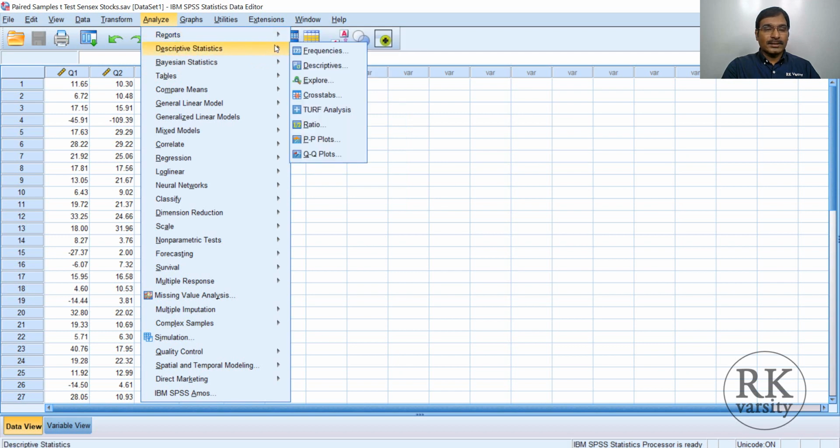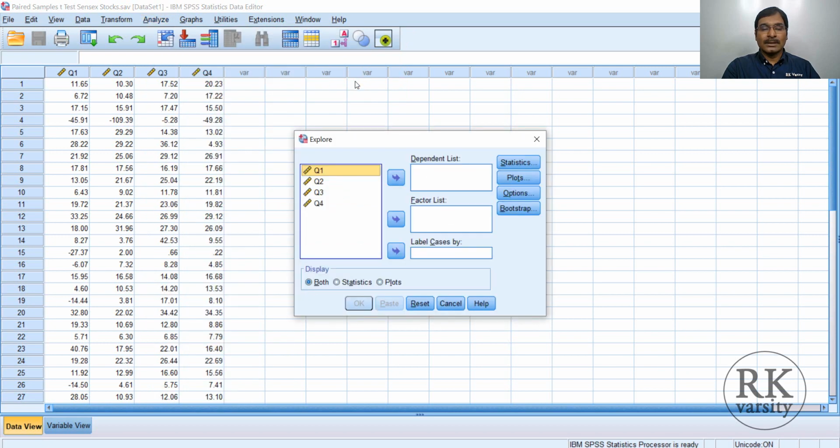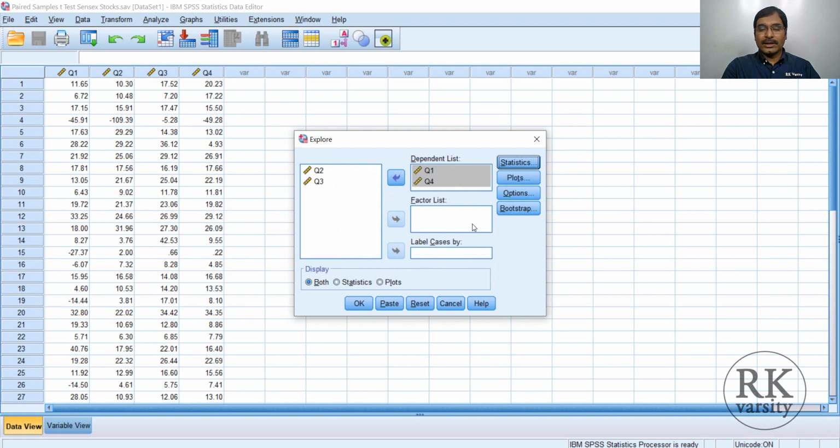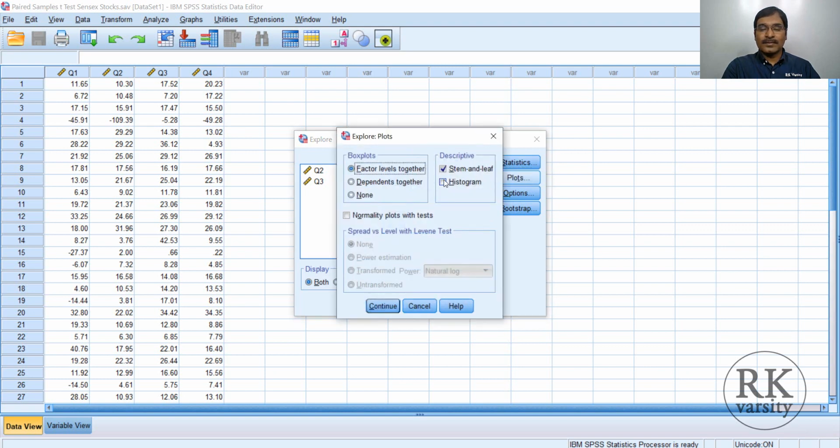normality and outliers. For that, go to Analyze, then Descriptive Statistics, click on Explore. Now we select Q1, hold the control key and select Q4, and send them to the dependent list. Under Statistics, go for outliers, then click Continue, then click on Plots, then uncheck the stem and leaf. To make this closer, we select dependents together instead of factor levels together. Look at dependents together, then go for normality plots with tests, then click the Continue push button, then